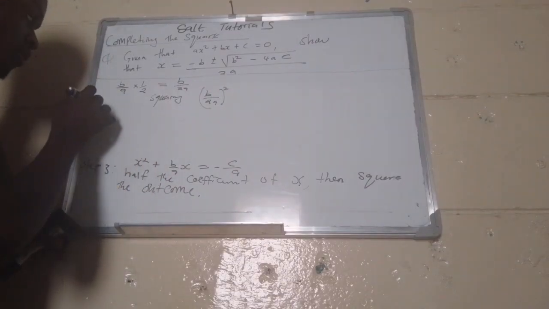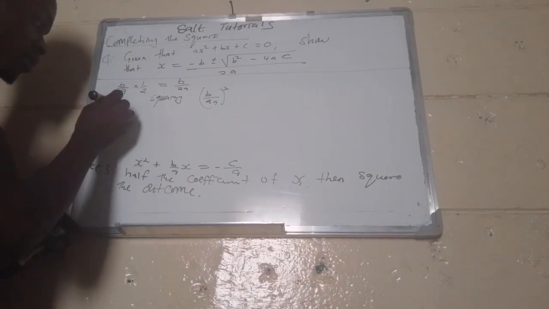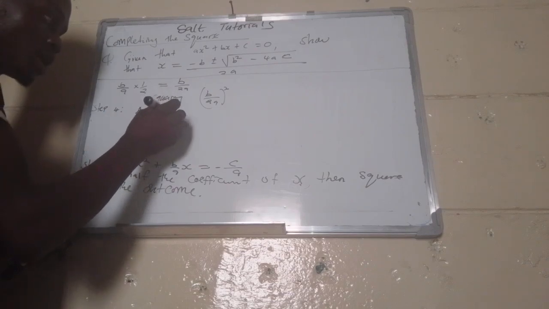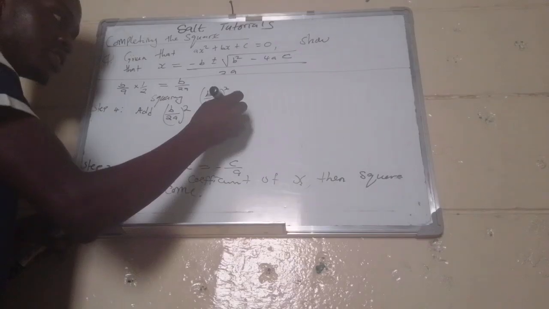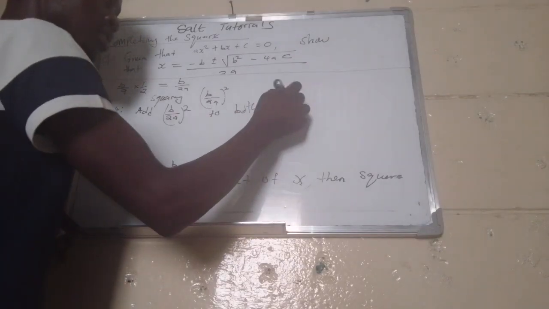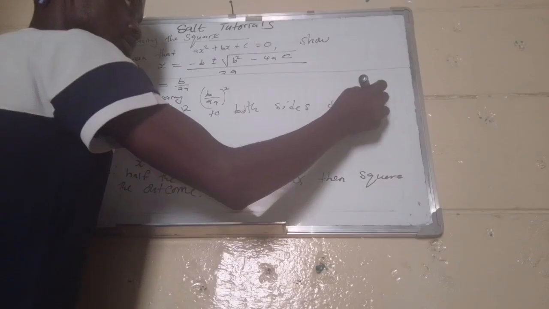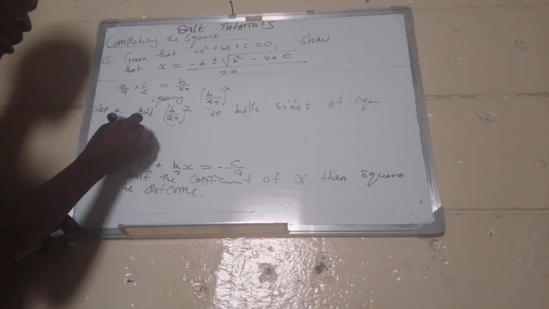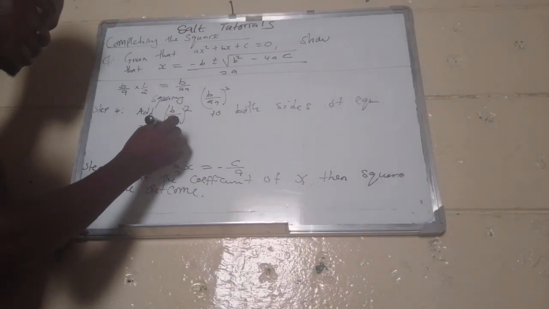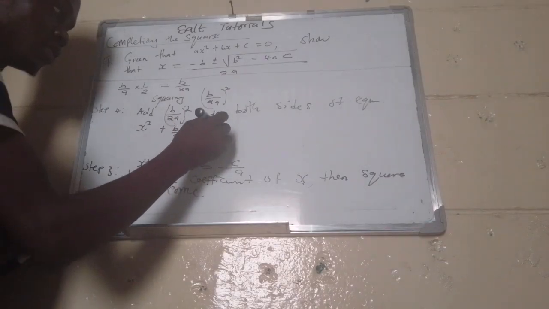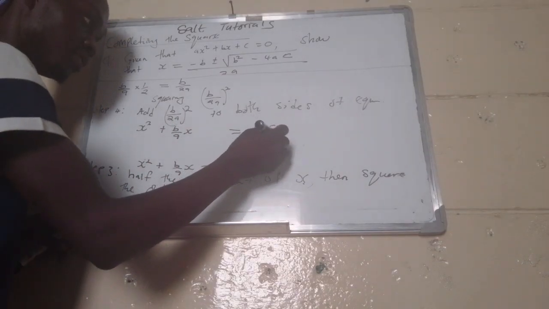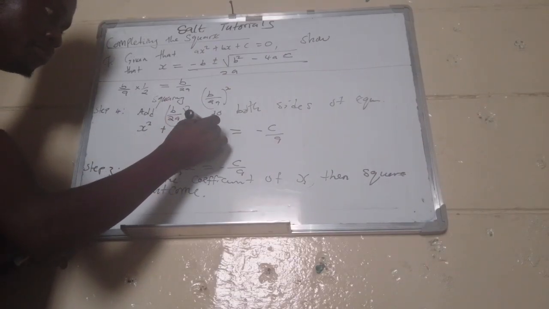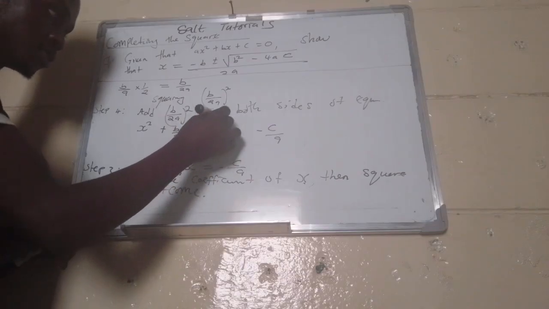We're now going to go to step 4, where we're going to simply say add b over 2a squared to both sides of the equation. Which equation are we talking about? Remember the equation we had? We had x squared plus b over a x to be equal to negative c over a. I want to add this on both sides. So I'm going to say plus b over 2a squared, even this